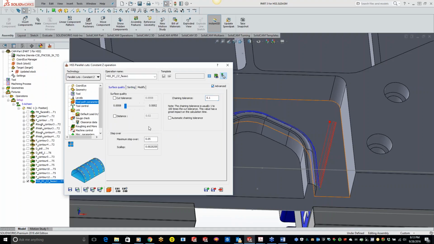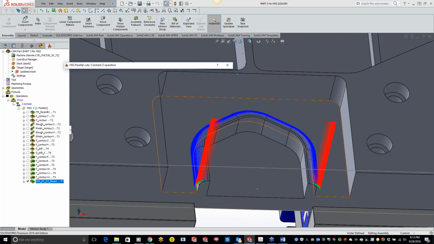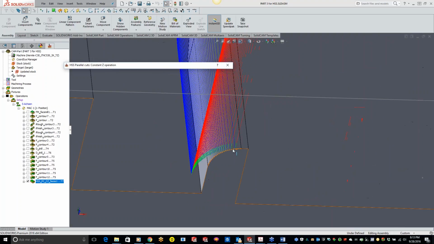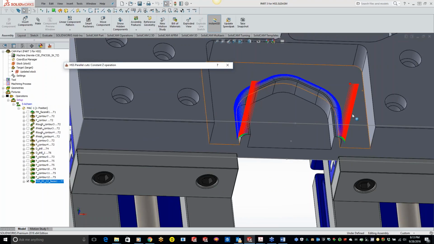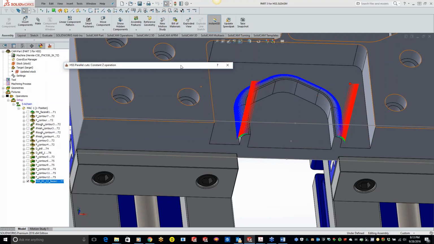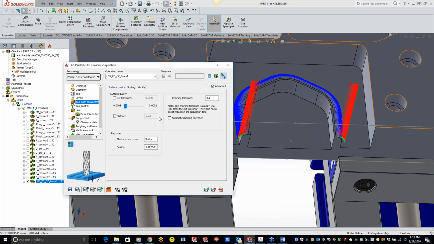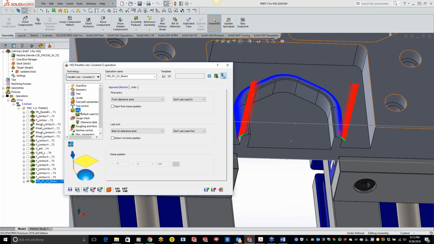So I'm going to go back to my surface quality, and I'm going to set it to 5 thou. Oops, 1 thou, 5 thou. And I'm just going to do save and calculate. So you'll see we're working our way around here, just going back and forth. Now, every time it switches to a new chain, it comes up to my clearance level. Well, you'll see I have a lot of red right here, so we're really wasting a lot of rapid movement in there. So what I can actually do here is come over to my link section now,